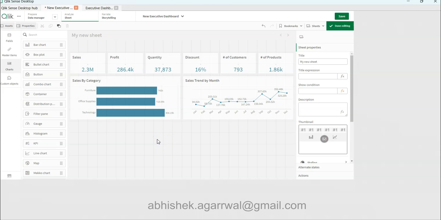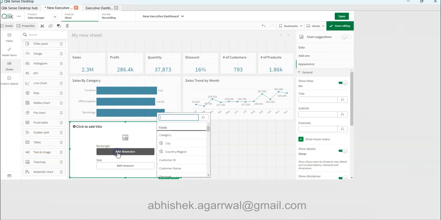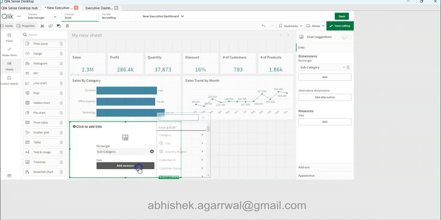So now the next chart what we want to bring in is basically the sales by subcategory. So we have around 14 subcategories. So this is category, but then we have 14 subcategories, which is part of these main categories. So what we want to bring in is basically to show that sales as Treemap over here. We want to add the dimension, which is subcategory, right? We want to add a measure, which is sales,